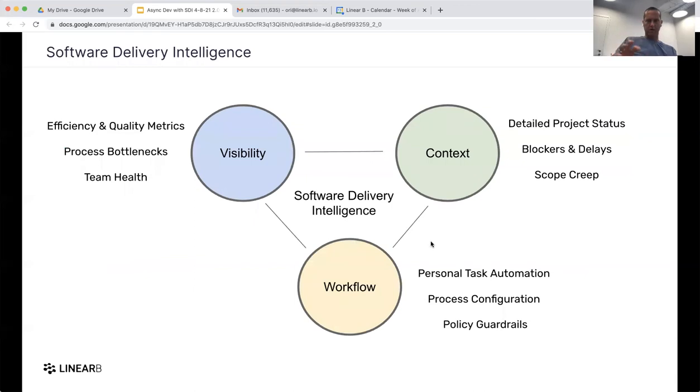So again, visibility, context, and workflow. I want to use this slide to share a couple of examples and run them by you. One of my favorite examples is something we sometimes call scope creep, meaning we scoped and decided what we want to work on in a specific epic or story, and we think we grasp all the things we need to do, but as the iteration continues or time passes, we discover more and more things.